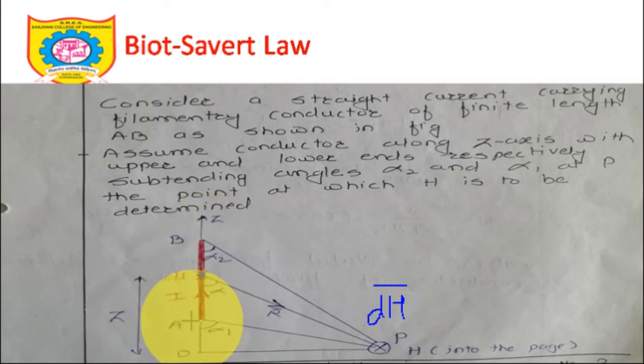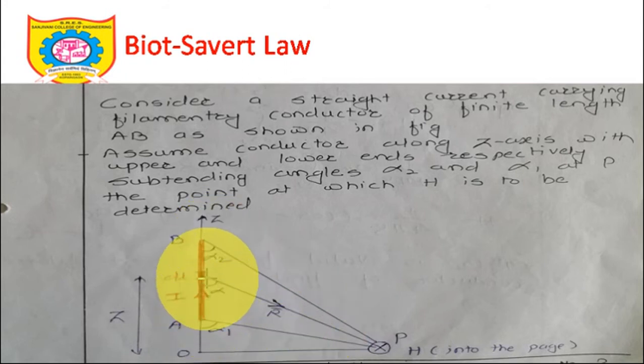The point where the current is entering or going to start, alpha 1 is the angle made by this current carrying conductor with the point P, that is the point of interest. So alpha 1 is the outer angle. Alpha 1 is not this angle I am talking about. Alpha 1 is the outer angle, which is the angle made by the lower end of this current carrying conductor with the point of interest P where H bar is to be calculated, and alpha 2 is the inner angle, the angle made by the end point of this conductor with the point P where we are supposed to calculate H bar. So alpha 1, alpha 2 is noted, first class.